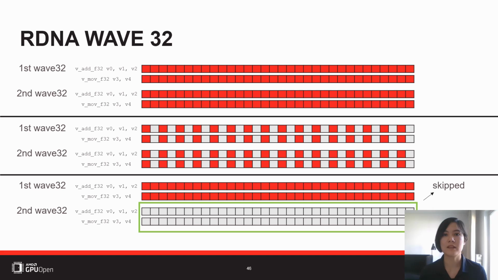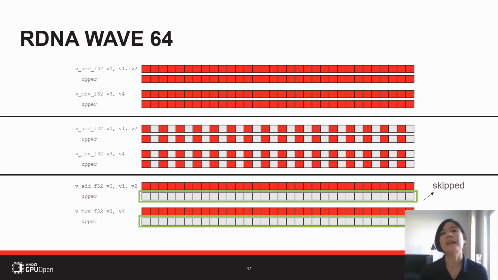that every wavefront actually has active and inactive threads, so we need to run both of them. In the last example, we also only have half of the threads active, the other half is inactive, but now since we grouped them together, this means that only the first wavefront actually has active threads and the second wavefront has completely inactive threads, so we can basically skip the instruction in the case of the second wavefront, and we save some time.